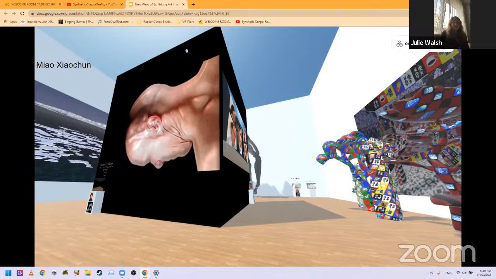On the very far left, you'll see a video when we actually go into the space with a piece by Miao Xiao Chun, who explores the role of cultural and intercultural memory in a very unusual way. He inserted his nude body to replace the figures painted in iconic masterpieces across time. Other artists in the exhibition used GIFs and artificial intelligence as artistic tools to express their ideas about body politics. Next slide, please.